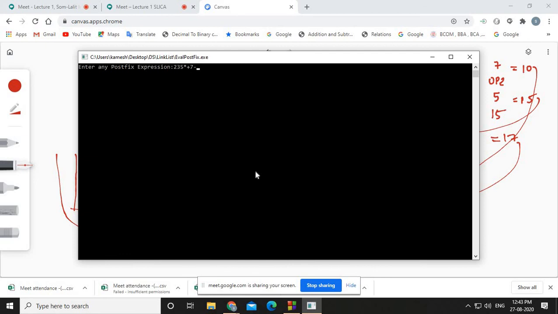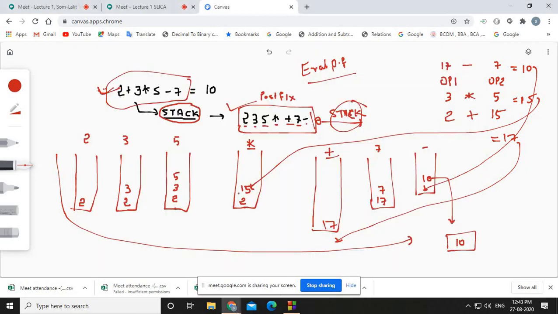This is my postfix expression. If you press enter, you will get the answer 10, right? This is the way the calculator is handling expressions. How we can evaluate the postfix expression, its program we will discuss in the next session.